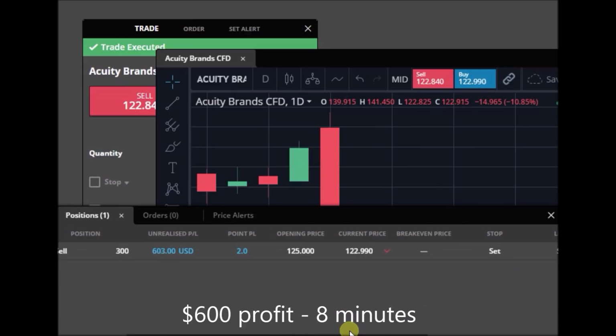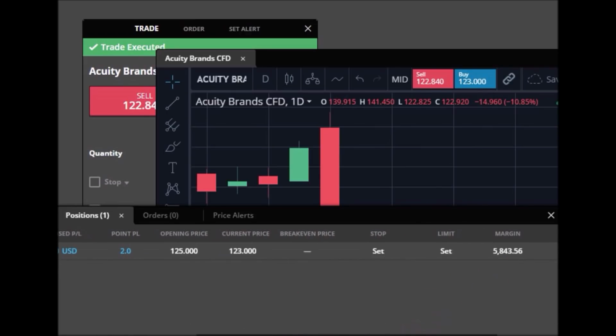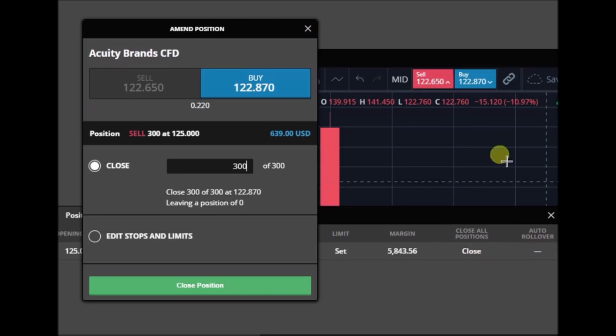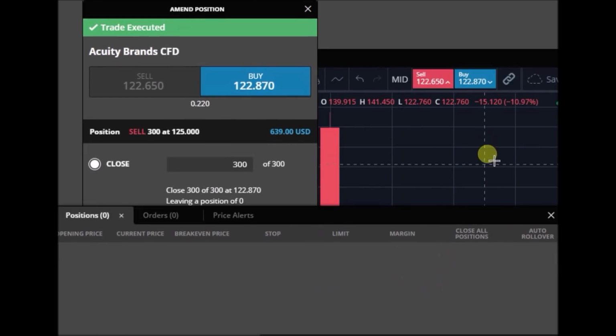$600 up, right? As you can tell, 600, and I'm gonna liquidate and walk away with my 639, and here we are, $639 profit. All right, guys, so that was the trade. That was a 2% return on investment. It was a short position, so half of it was leverage. But at the end of the day, it takes practice to get to this confidence and to this level. So keep practicing, keep pushing forward.